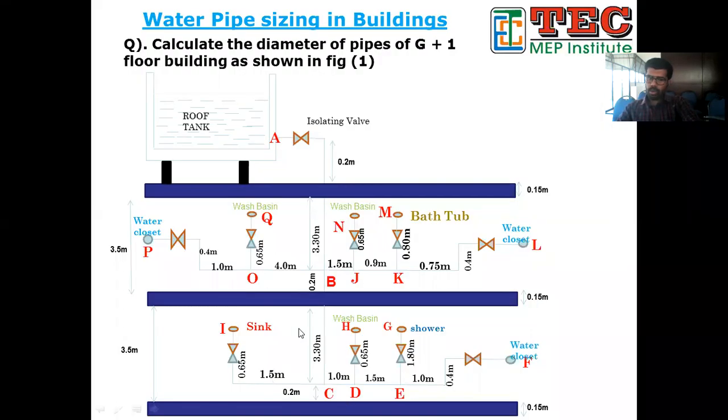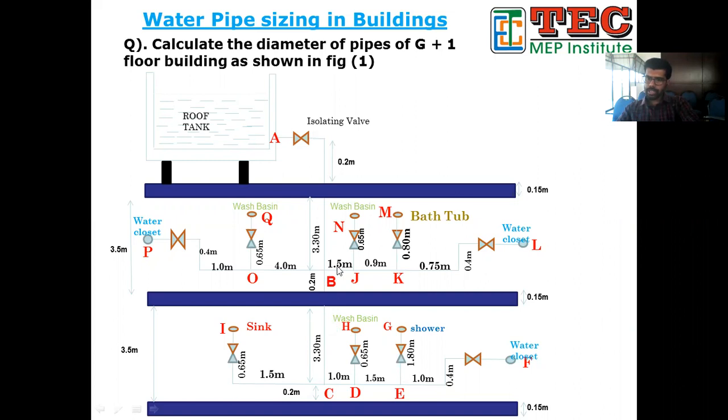Now in the ground floor you have all the values, all the pipe sizes. EF you have, EG you have, DH you have, IC you have, CD you have, DD you have. So what will be the pipe size of DC? The pipe size of DC will be the addition of all the fixture units. CD is 5.5. The sink is 1.5 fixture units. So 5.5 plus 1.5 is 6.5 plus 0.5 is 7. So here for DC, the fixture unit is 7.